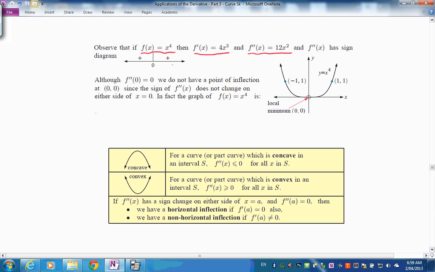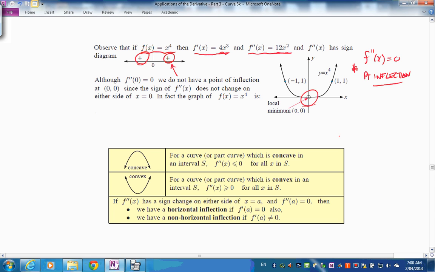And so if you look at the second derivative, it doesn't change sign on either side of that 0 when x is naught. It's positive on both sides, and the reason for that is it's not a point of inflection there, because you've got a repeated 0. x to the fourth going to x cubed, repeated zeros, and there's no point of inflection just because the second derivative is naught. So second derivative equals naught usually means a point of inflection, but it need not. You've got to check if the 0 is repeated,